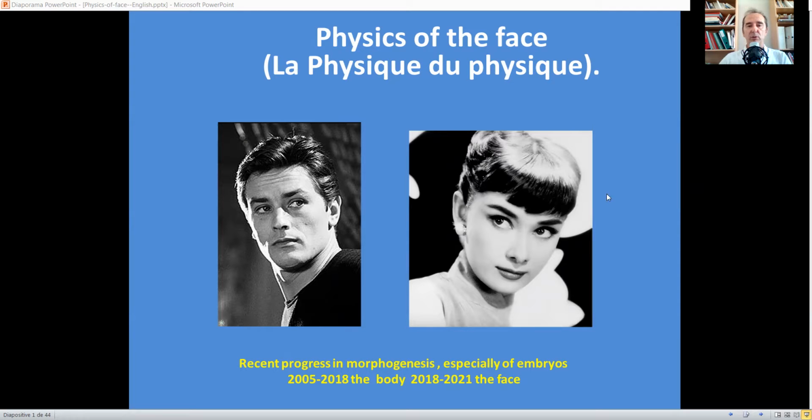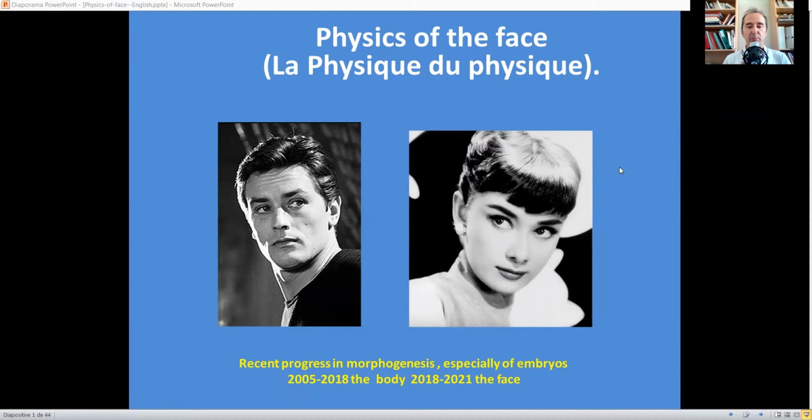So I'm going to discuss or explain the physics of the face. I've put here two very beautiful individuals, Alain Delon and Audrey Hepburn. Of course, the face is related to the individual. It's something very personal. And physics is the science of the general laws. So you may believe that there might not be a general law for faces, but I'm going to explain to you